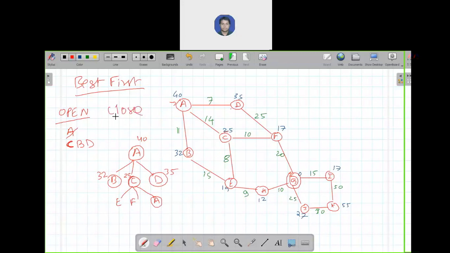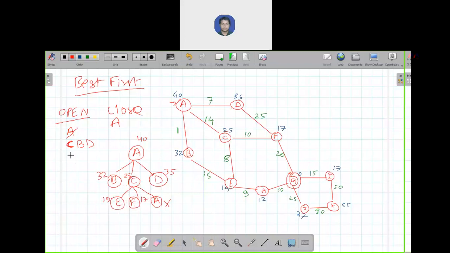The elements we explored, we enter into closed. So A is in the closed list, so we will not explore A. We have only two options: we can go to E and F from C. Let's write the heuristic value of E as 19 and the heuristic value of F as 17.